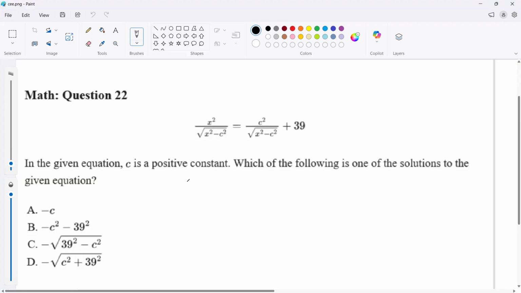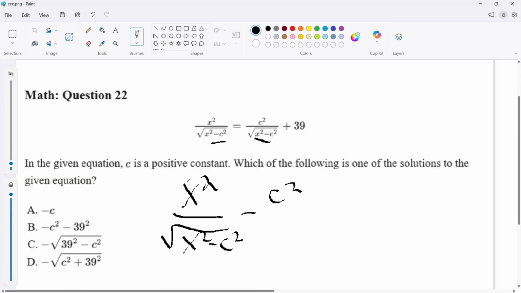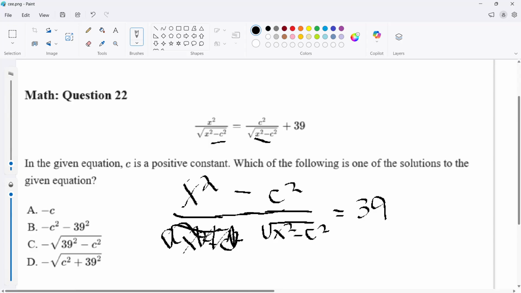Well, you could maybe simplify this by right away making c a number, but I look at this and I see both of these have the same denominator, so I'm going to subtract them. x squared over square root of x squared minus c squared, minus c squared over the square root of x squared minus c squared, I'm just subtracting it from both sides, equals 39. And then I look at that and I say, well, really, I could just write x squared minus c squared, and it's over the same denominator. And now I will square both sides,